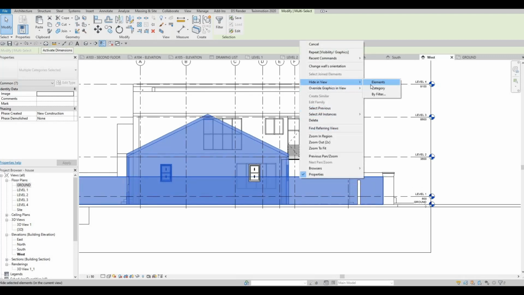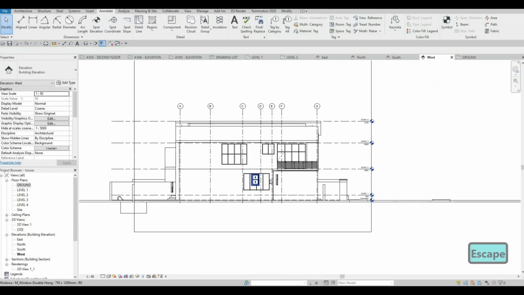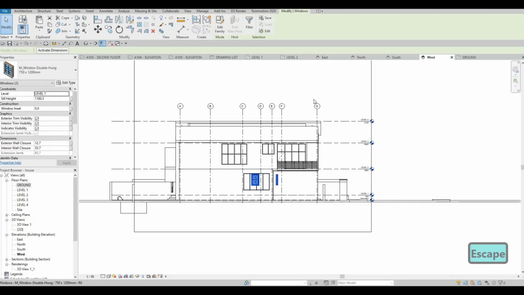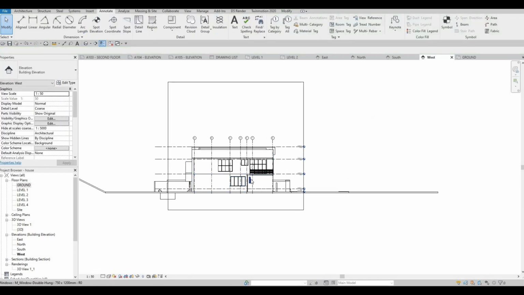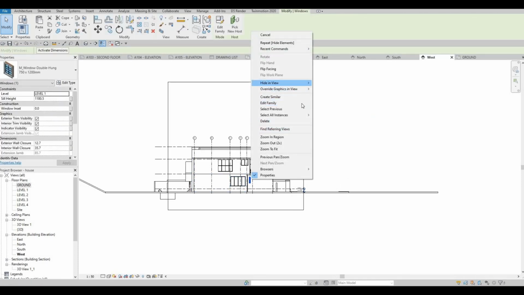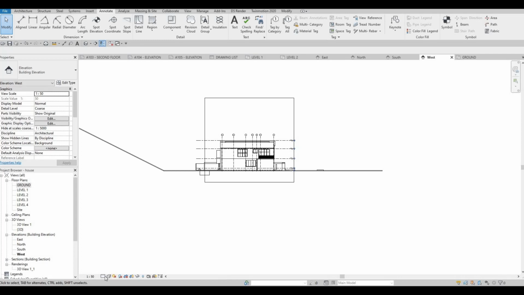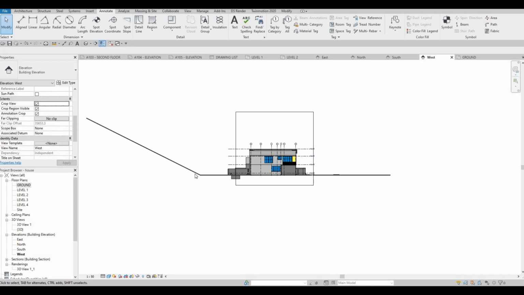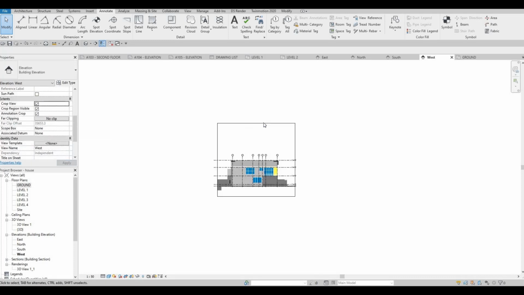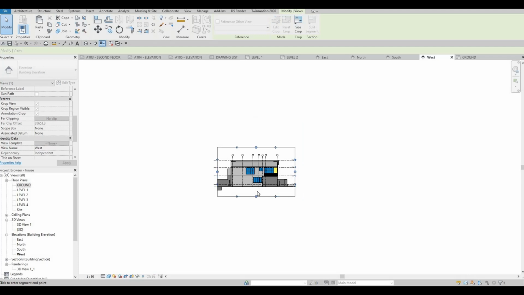We could just hide element and then hide this one as well. So basically we're forcing it to hide. It's not something that is gonna be bothersome, but at least we did our part now, and we just need to crop this,